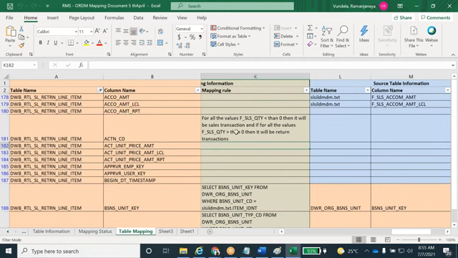Here is how they calculate it: if f_sales quantity is less than 0, it will be a sales transaction, and if the f_sales values are greater than 0, it will be a return transaction, meaning we gave a return. A sales quantity greater than 0 means they are giving it back.